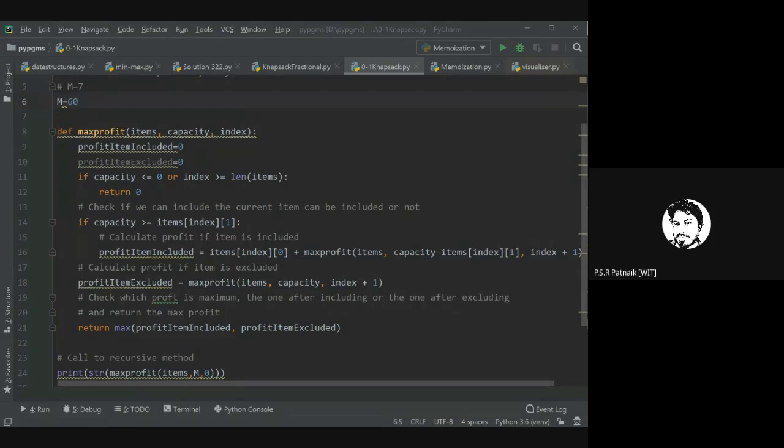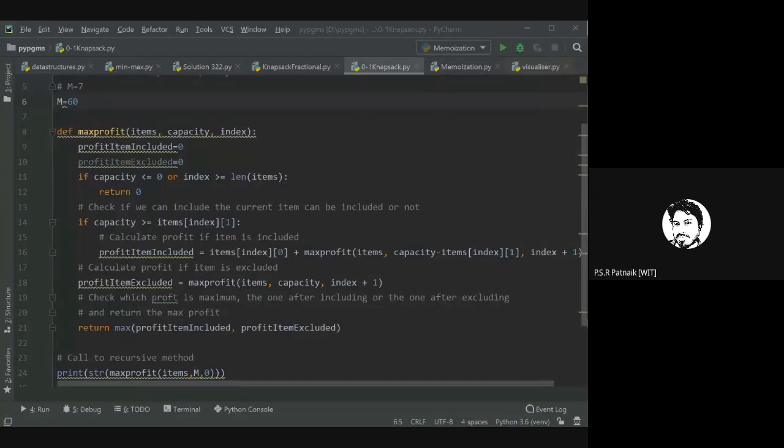You're saying capacity 2, index 4. Okay. Yes, you find capacity 2, index 4.